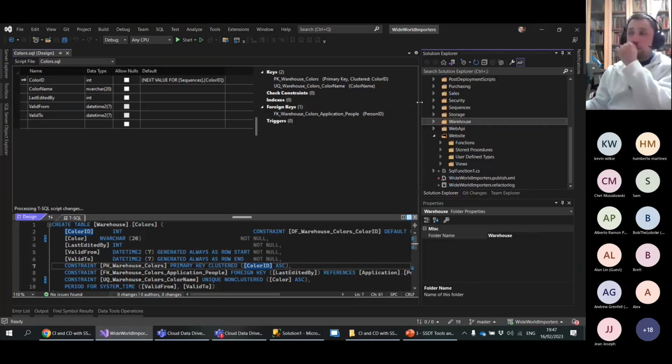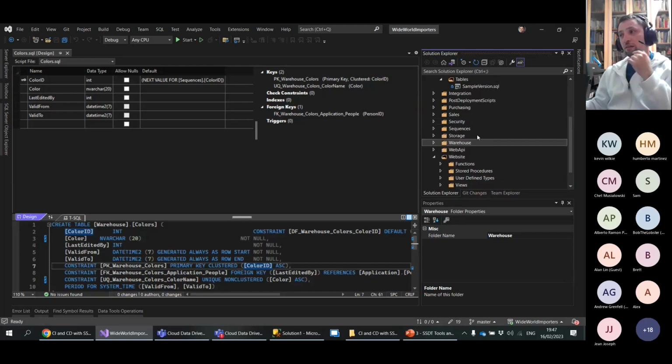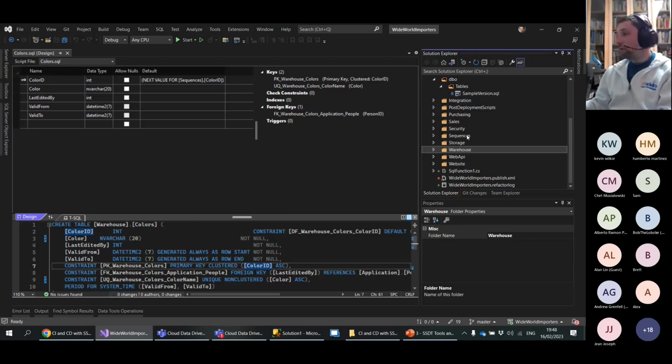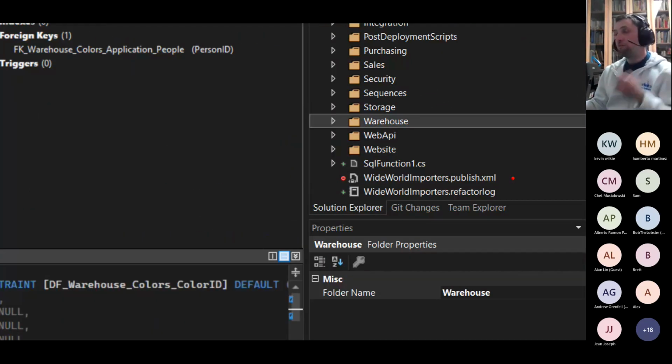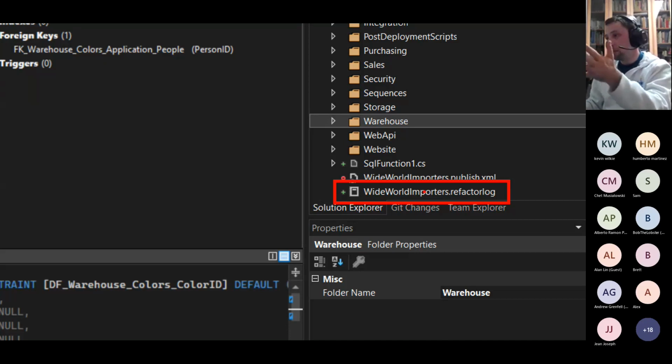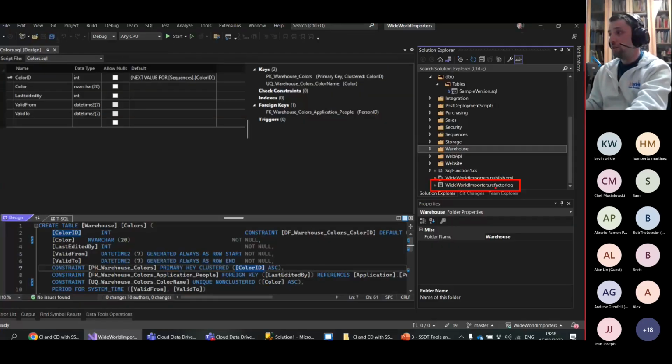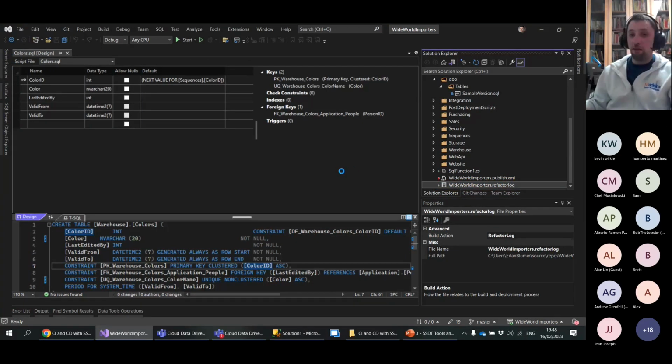And now when I deploy the DACPack, it will be aware of this change that I just did because I did it properly. How? Because of this little thing. As a result of me using the refactor tool, this file showed up called the project name .refactor log. What is this little fellow? This is basically an XML file